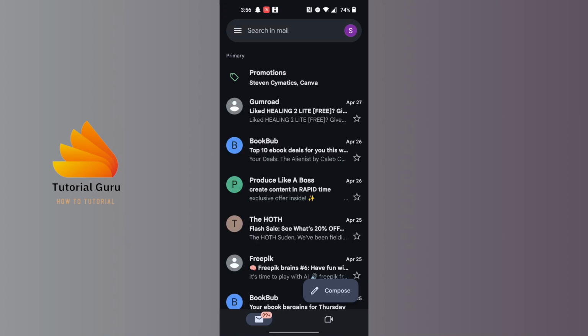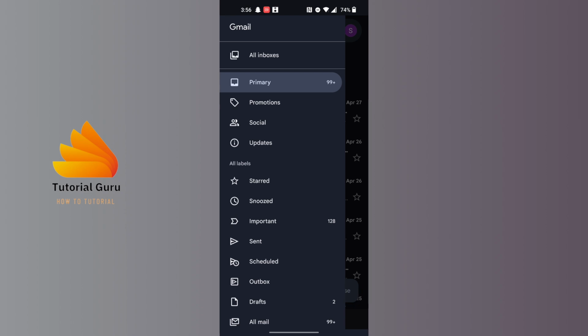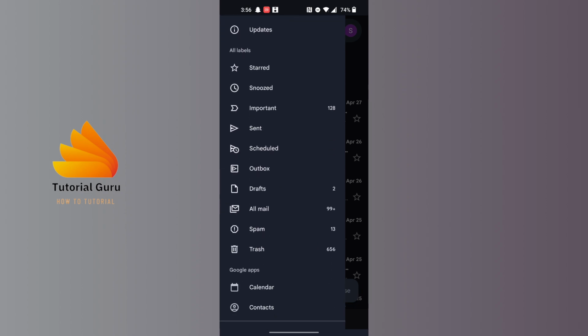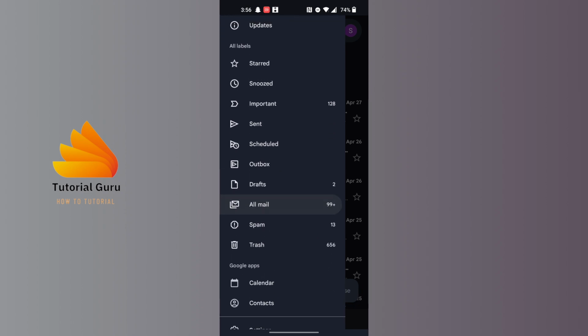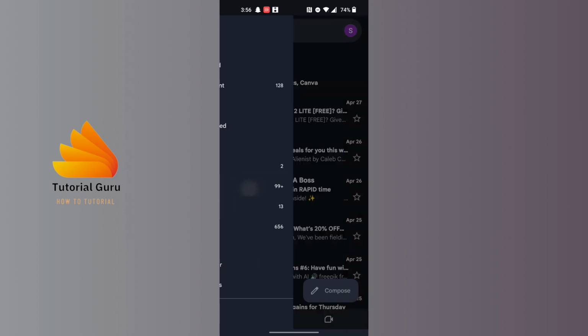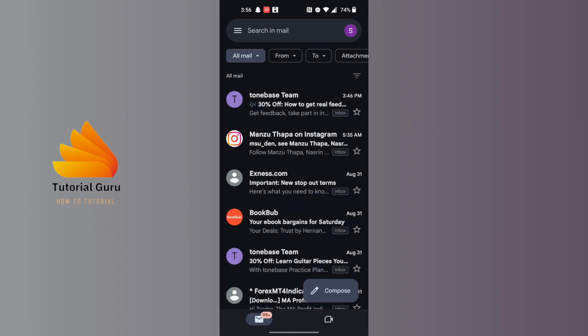let it load. First at the top left corner of the screen, you can see there's a three-lined icon available for us over here at the top left. Tap on the three-lined icon, and this panel will appear where you need to scroll down a little bit, and you can find the All Mail option. Tap on All Mail and you will be in the All Mail section of your Gmail,